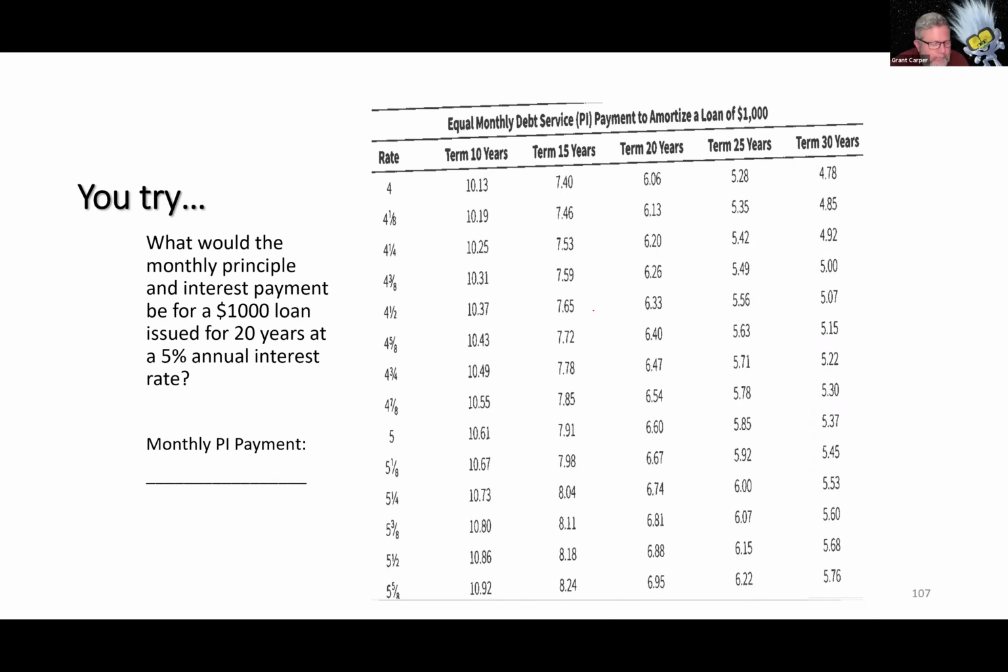660. That look right for everybody? Yes, because all you're doing is going here and here, and that's where they intersect, right? So that monthly payment is